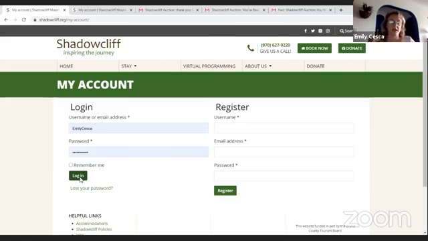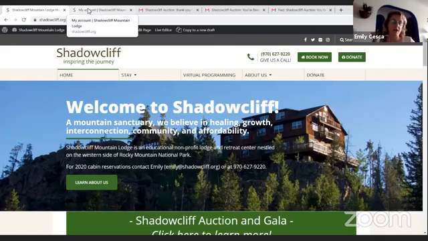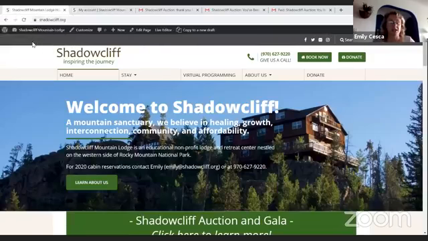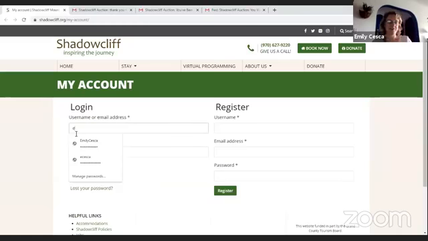So I'm going to go ahead and log in just to show you what happens. You'll come to this, oh, never mind, it took you back to the welcome page. Okay, so if you create your account and you log in, it usually takes you back to whatever page you were on. And if not, it'll just take you basically to a landing page for your account. And really the only thing that matters is the auction page. That's really all you need it for. So now I'm logged in. And give me a second because I logged in with my special all privilege account. So I have to do that again. All right, so